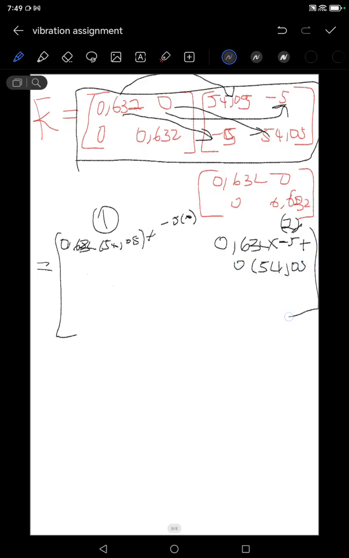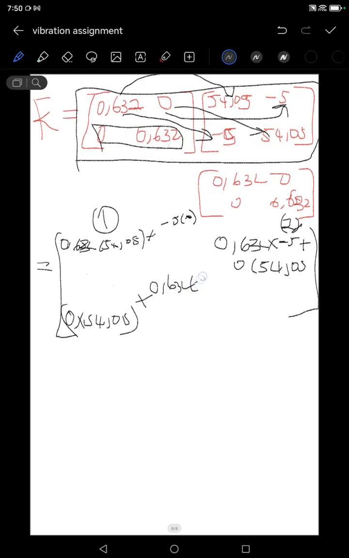And then on our second row we're going to have still the same thing but using this part. So it's going to be 0 multiplied by 54.05, then 0.632 multiplied by -5, and then again we're going to have 0 multiplied by -5, and then 0.632 multiplied by 54.05. So what I'm saying is here we're going to have 0 multiplied by 54.05, plus 0.632 multiplied by -5,